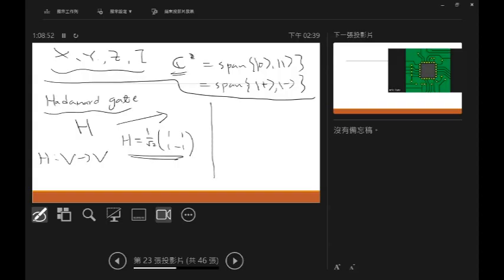But the property of H is that it tries to change the standard basis. This is called the standard basis. This is called the diagonal basis. You try to map this 0 to, yeah, so let's do H on 0. So 1 over square root of 2, (1, 1; 1, -1), and (1, 0). It's basically 1 over square root of 2, (1, 1). So this H will try to map the standard basis to a diagonal basis. So it's plus. Good. And obviously H on 1 will be just, from (0, 1),